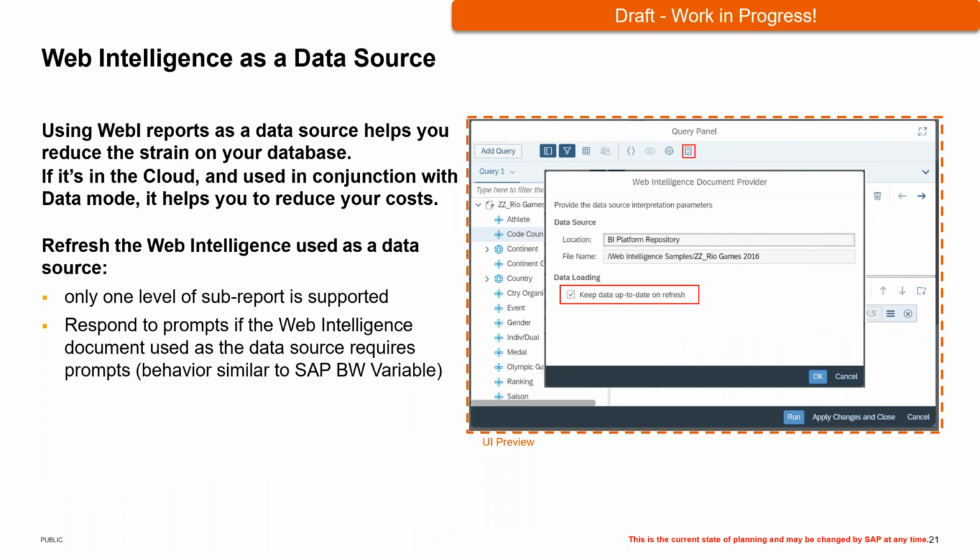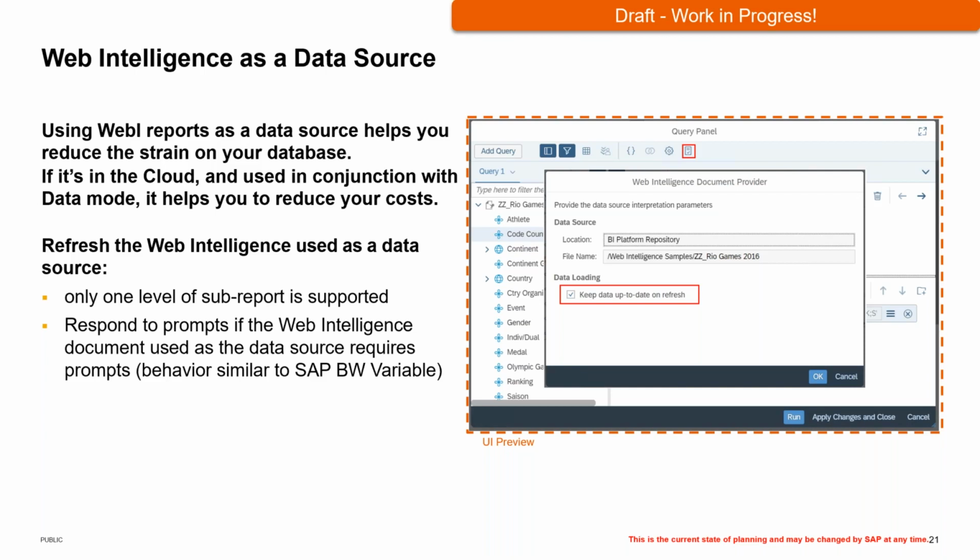Web is a data source. This is something we introduced really for the hybrid mode with SAC, but it's also grown as a lot of people want to, instead of, again, putting Helen on the spot, if Helen built a nice document, instead of me taking that document, copying it, probing the database, getting the data set back, and then modifying it to my own uses and desires, I can simply use her Webby document that lives in the repository as a data source. And so it's less hit on the underlying database, less strain,